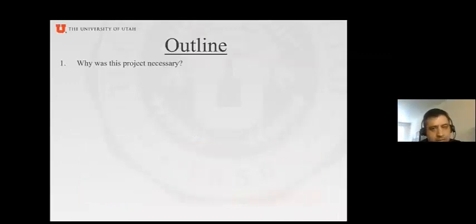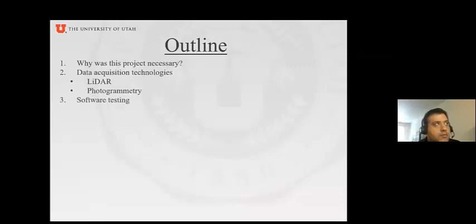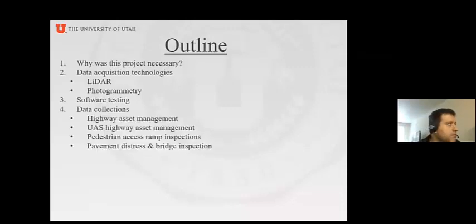So first, we have a bit of an outline for you guys. Why was this project necessary? Some data acquisition technologies we used, LiDAR and photogrammetry. We'll go through a little bit of the software testing that we did throughout the duration of this project, and our different data collections,